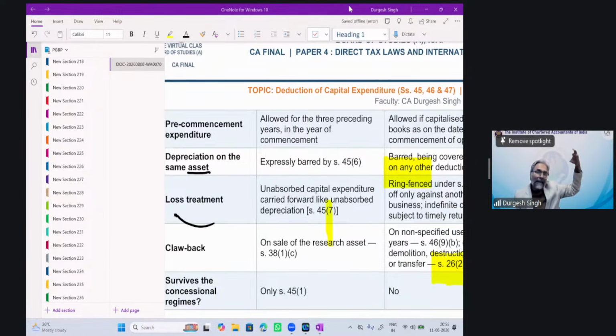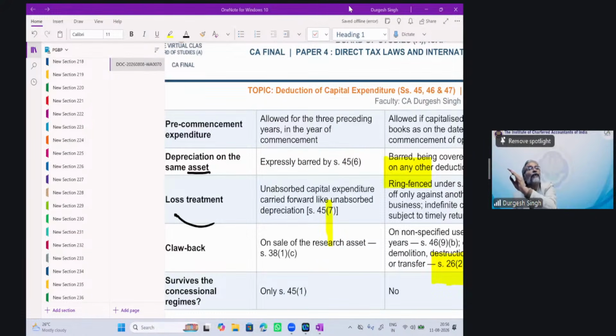It means when you incur capital expenditure for, say, setting up hotels, and you are in the default alternate tax regime, which is the concessional tax regime, concessional meaning the alternate tax regime. So say you are constructing the hotels. The question is whether you will get the deduction of the construction under 46. The answer is no. Then you will say, sir, is it a waste? What about the capital expenditure which I've incurred by constructing the hotel?